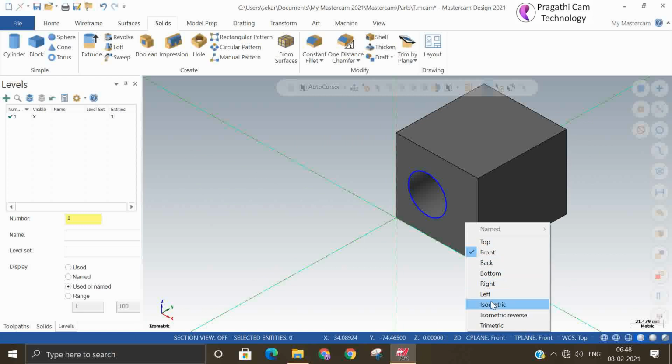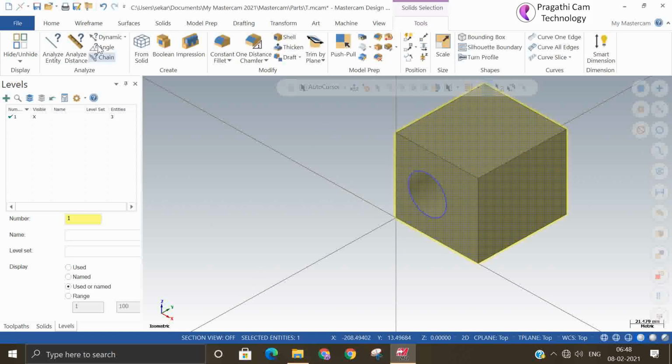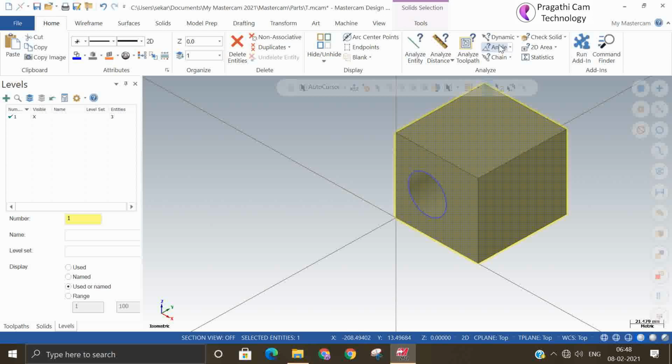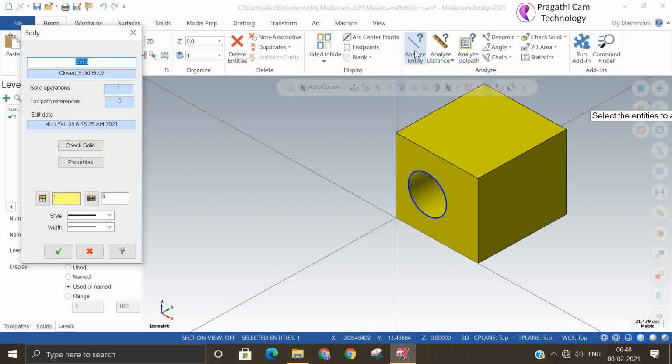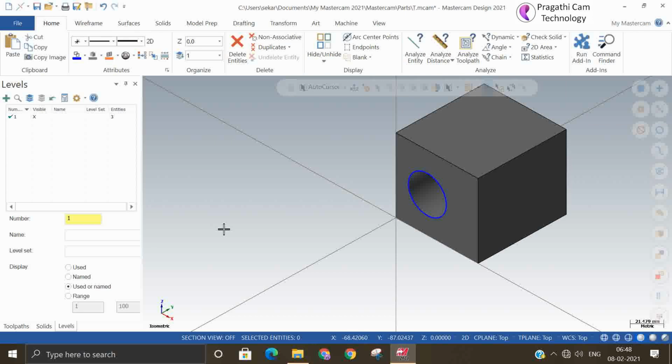So I will make all the things in isometric now. C plane top. So now this is a solid model. Suppose we check the properties. This is the solid body. And the model may come in either solid or surface.